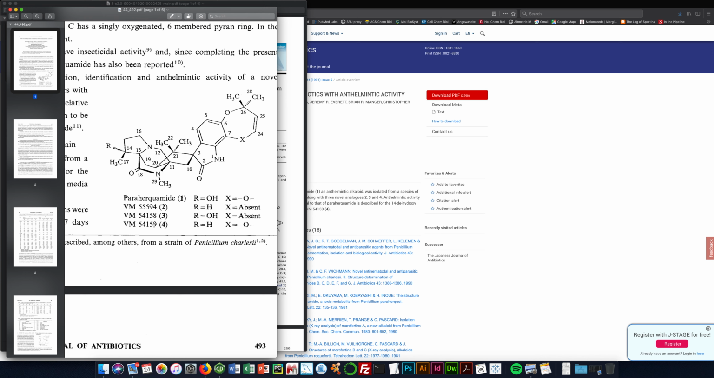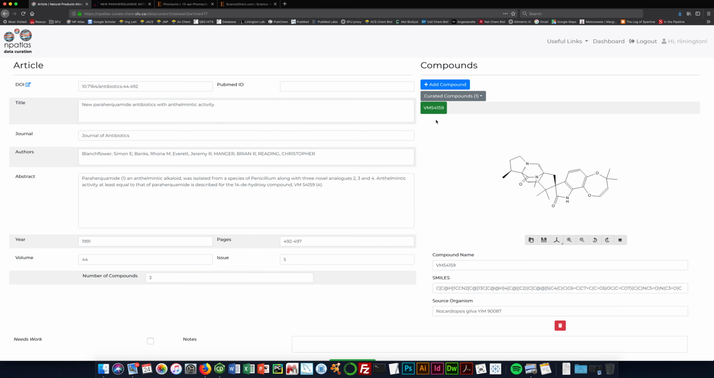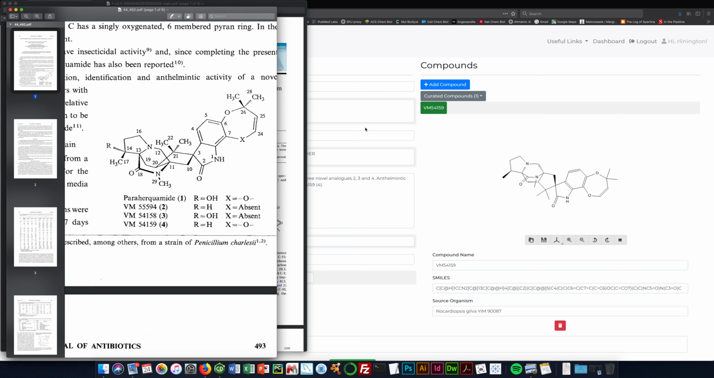So again, there are two choices for how to find these compounds. One is to take them and modify them. So in the case of these compounds, they don't vary very much from one another. So it's probably easiest to take the existing example and just modify it slightly in ChemDraw. That's probably the fastest way to do it. Let's just look back very quickly at which compound we already have. So we have VM54159, and if I look back at the paper, 54159. So another one that we don't yet have is